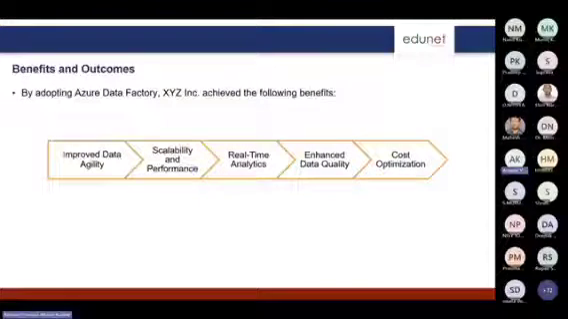And then, what are the benefits and outcomes of this particular engagement that we have provided? We got to know how the data is changing with respect to time. As we are consuming data, we have to look at scalability and performance, and we have to see the real-time analytics, day-to-day analytics,